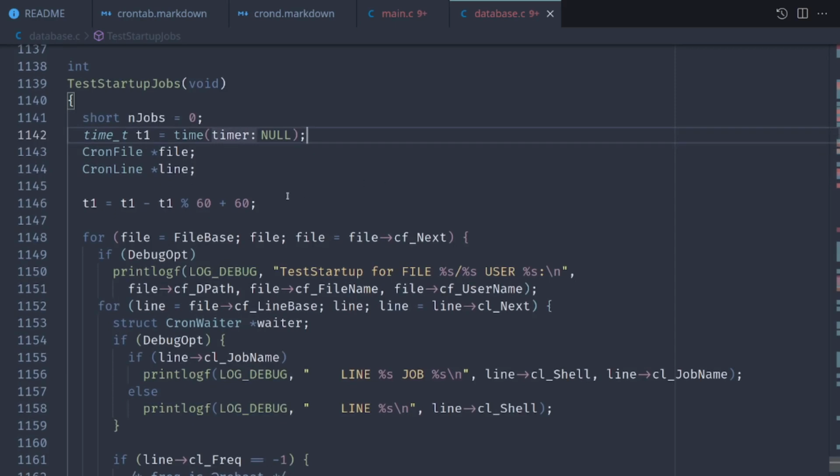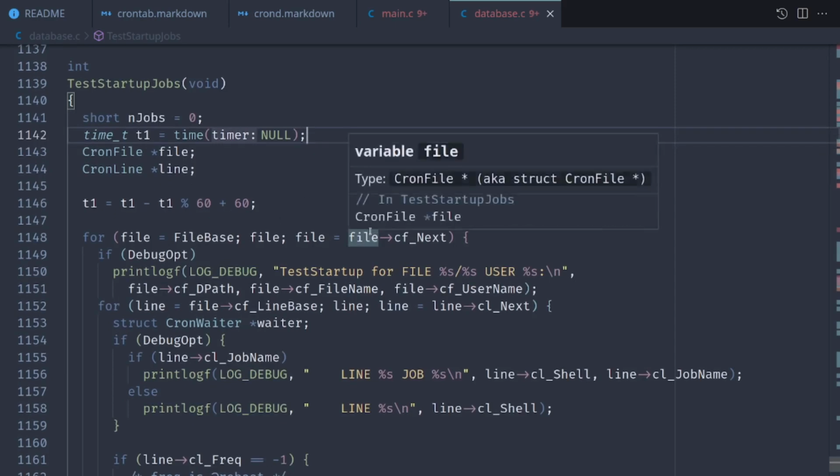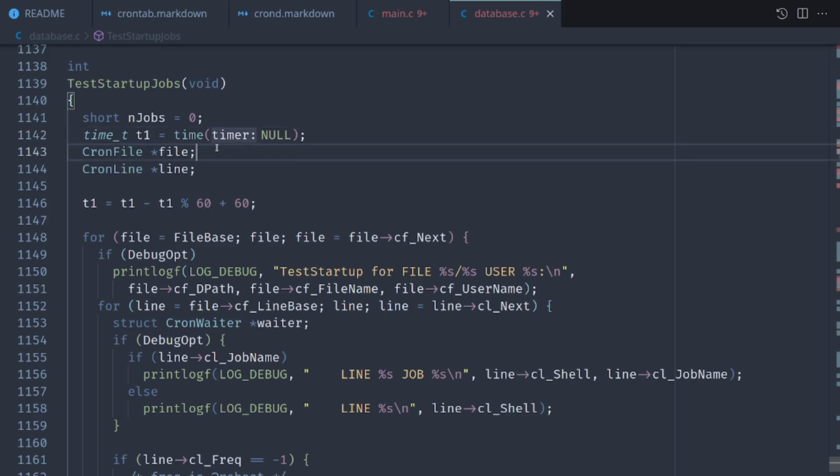In this function, we are iterating over all of the cron tabs that we have. That's represented by this concept of a cron file. It's a struct that is implemented as a linked list. Each node is a file pointing toward the next file. Second, we have cron line. This represents the actual cron tab line in each of these files. So each line would be an instruction for a job to execute with its frequency in the traditional cron tab notation. For each file, we see here on line 1148, and for each line, 1152, each line in each file,